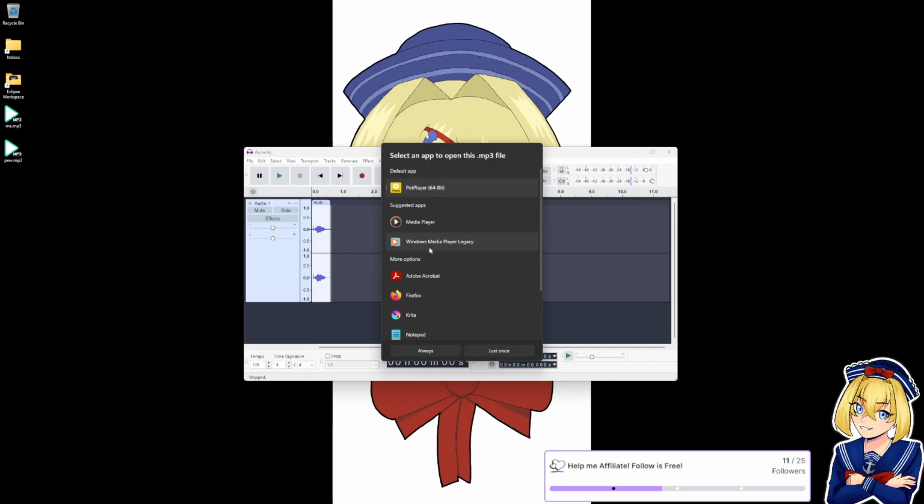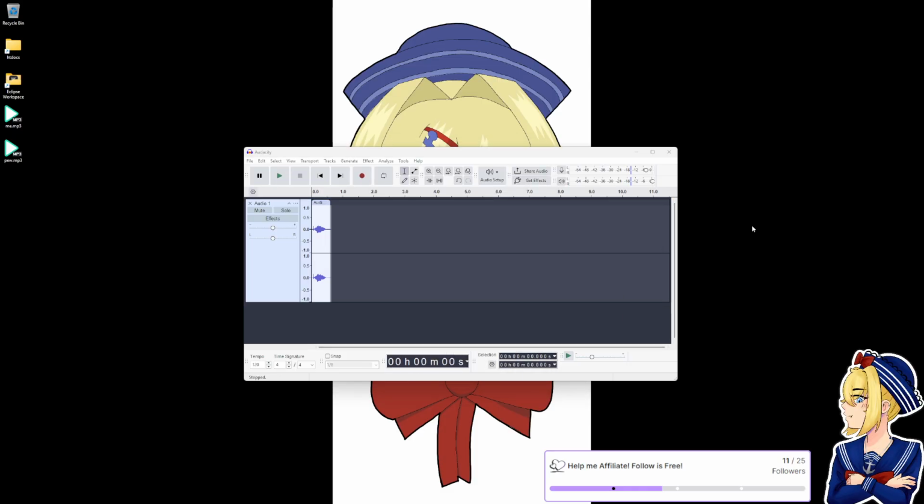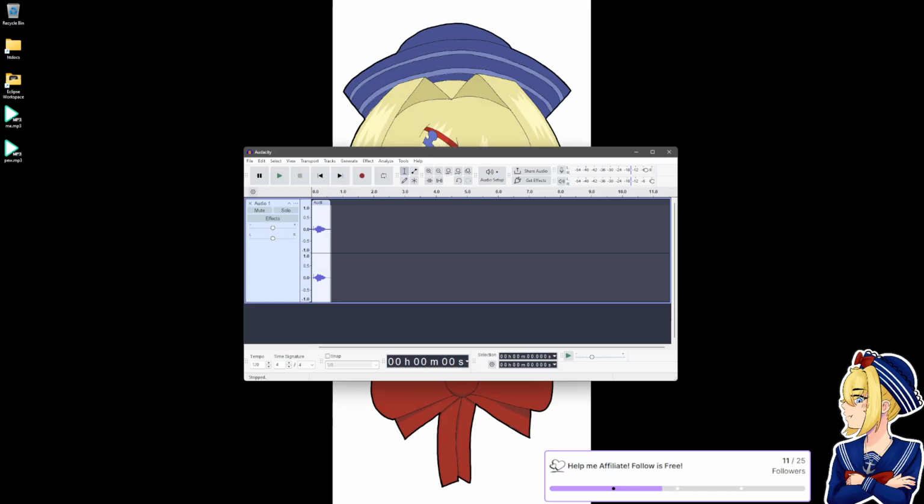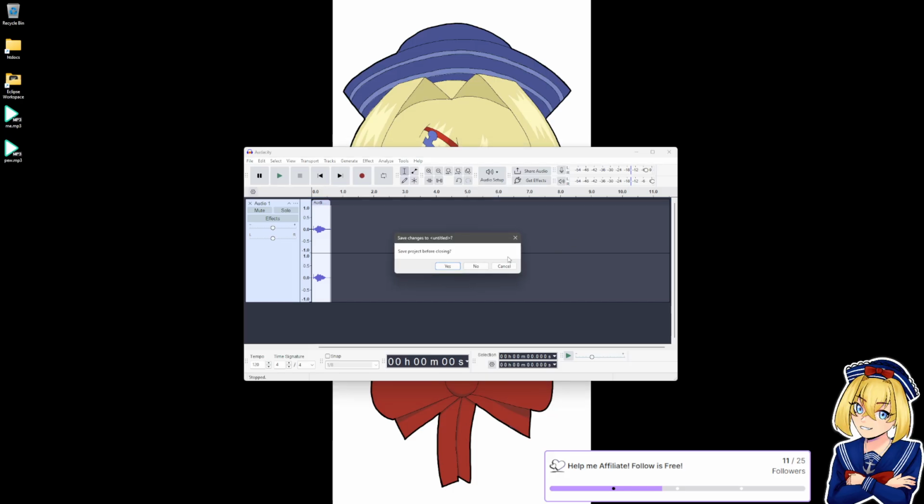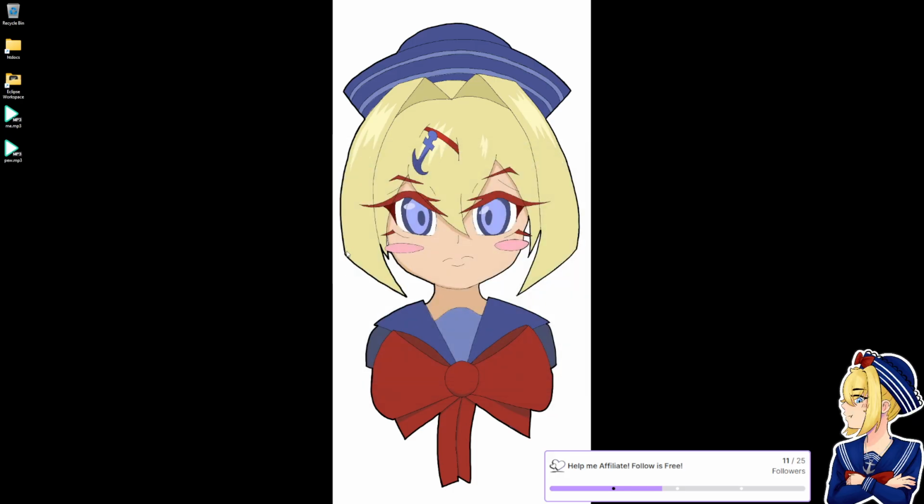I want to have Pot Player be my default. Yeah, it looks like that setting completely cut all the way up until the first bit of audio, which is awesome. Okay, well, we have 2 audio clips now. You can save the project too as its own thing if you want to come back and edit it later. But as you can tell, I probably don't care a whole lot about these audio clips. So we're just gonna not save the project and we'll save the audio.